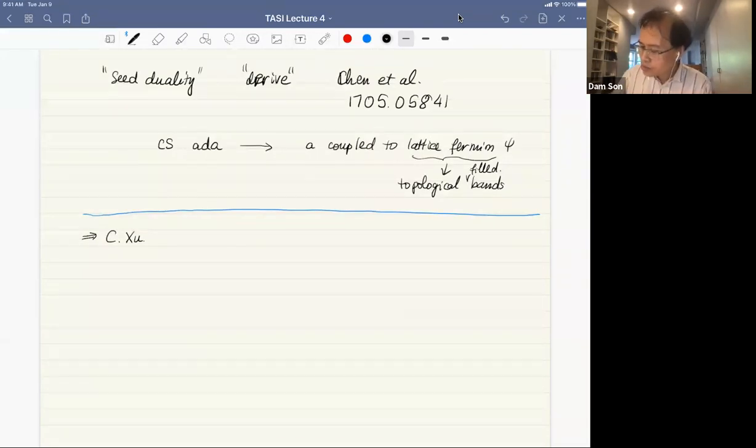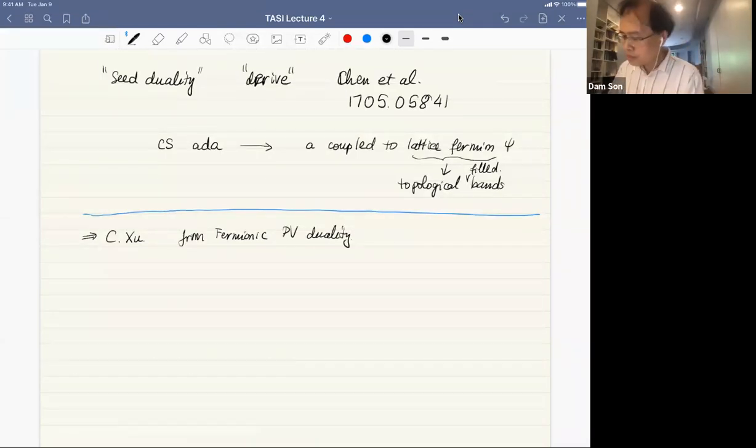This duality can be derived from the C duality, but I think it can be derived just from the fermionic particle-vortex duality. So it can be derived from the less elementary duality. So this is a statement of the self-duality